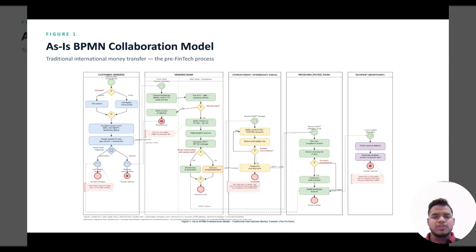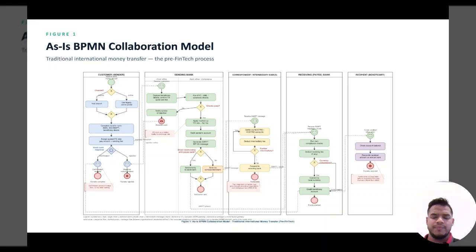Now let's trace the actual process path, starting with the sender and the sending bank. The customer initiates the process either by physically visiting a branch or logging onto a legacy online portal. They undergo a tedious manual step of completing a transfer form containing complex IBAN or SWIFT codes and recipient data. Once they accept a rigid, coded FX rate and pay upfront fees, they enter a passive gateway waiting for